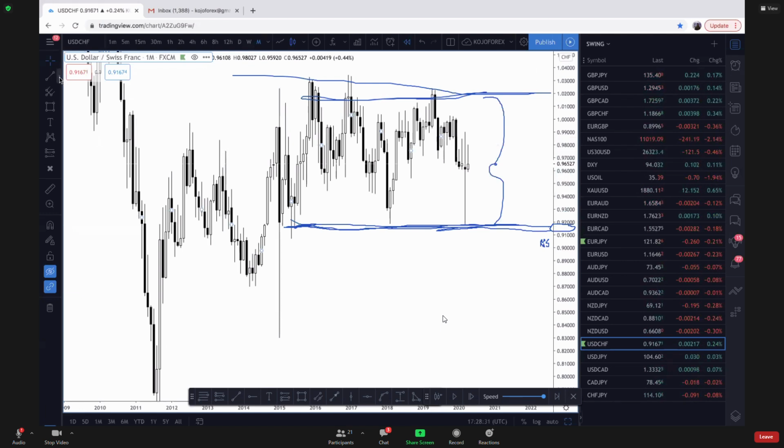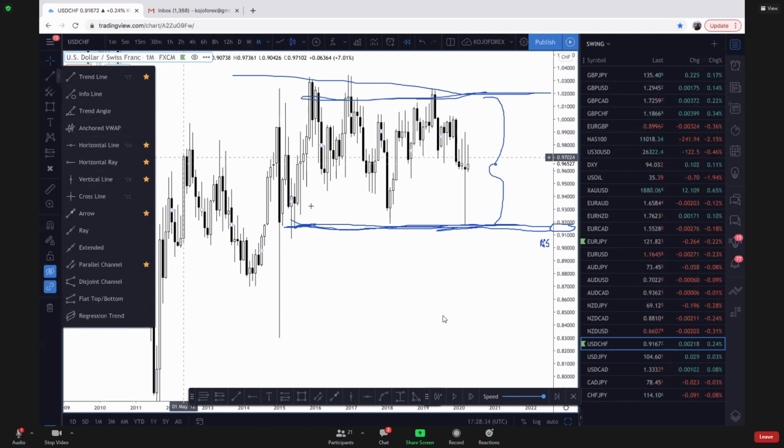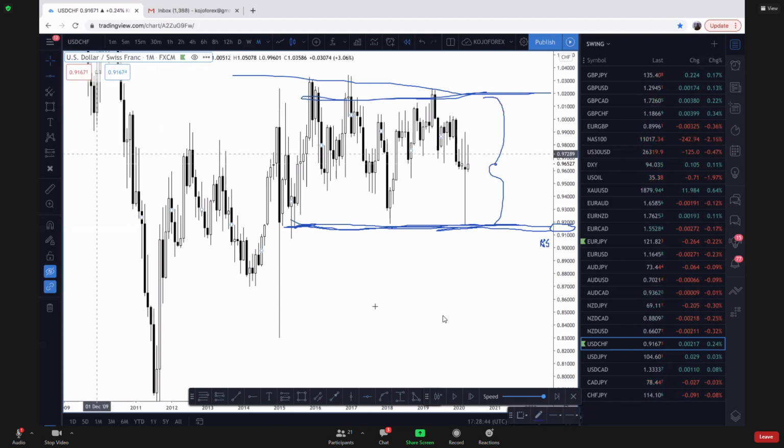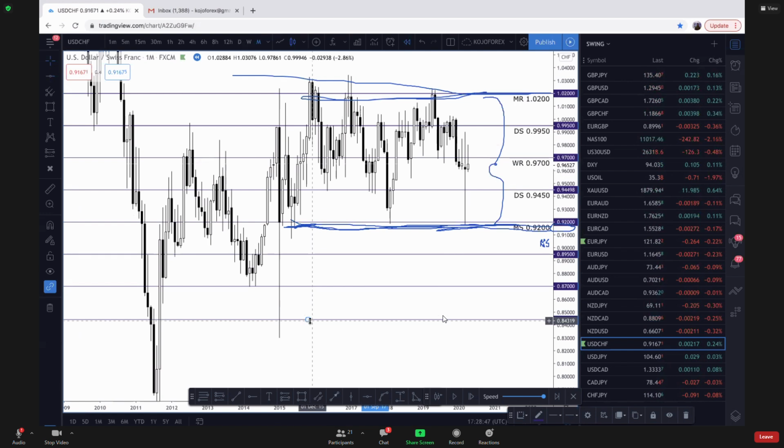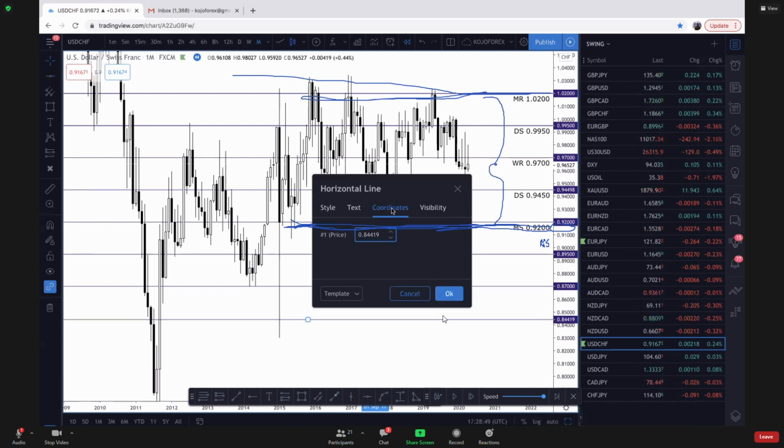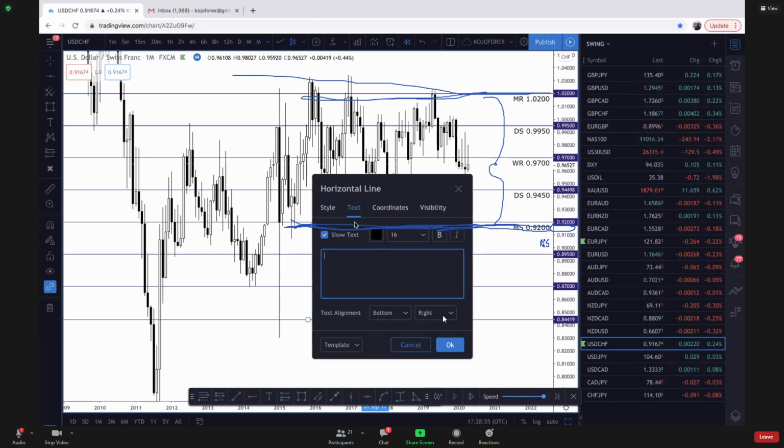You come here, you pick this horizontal line, you throw it in there. I'll show you how to do that, right? I've already marked up my own, so it wouldn't be possible to do that. But all you have to do is just pick it like this, throw it in there, double click on it. It's going to give you coordinates. You choose specifically 0.9200. Then you come to the text, and you want it to be at the bottom, you want it to be at the right, and then you can type in the coordinates there so that you can easily see that you're putting the line on